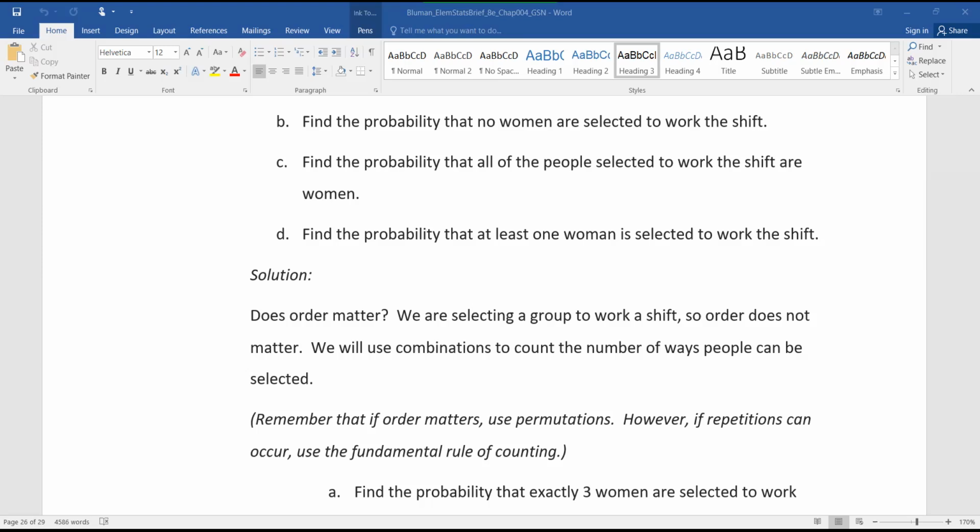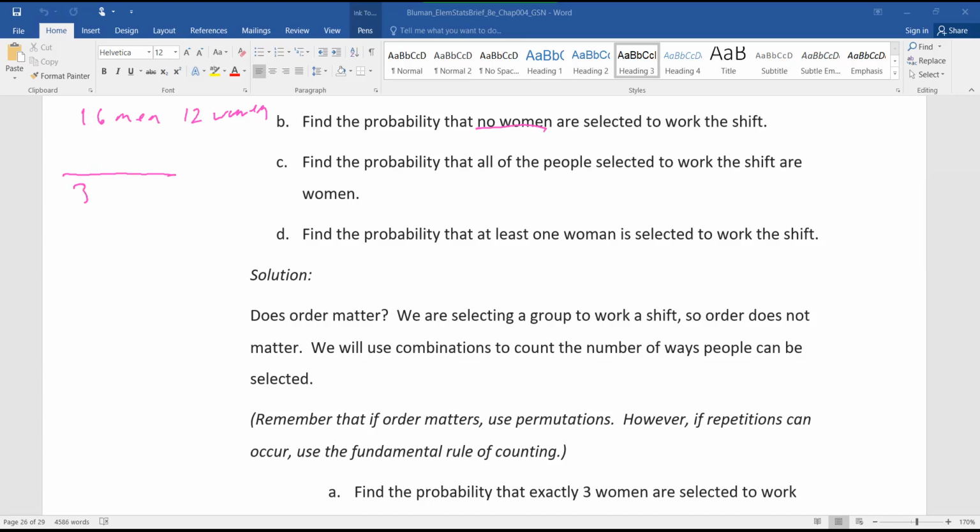All right, so let's look at this right here. I need to write down the information. What would we start with? 16 women, 12 men. Actually 16 men, 12 women, we're just going to assume. On part B, it says find the probability that no women are selected to work on the shift. What's nice is that the total number of outcomes on the bottom is the same as last time. We finished that by saying this was a combination because the order didn't matter as you're selecting 8 people for this shift.